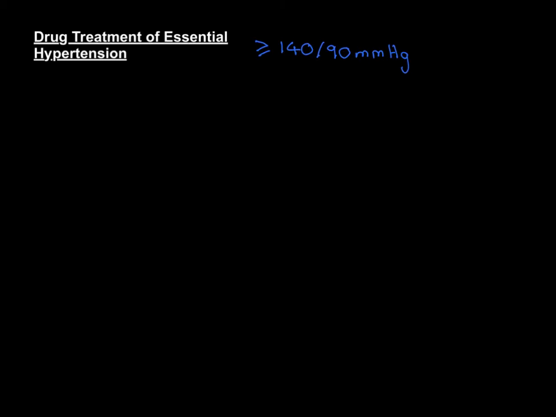Now let's just talk briefly about complications before we go into drug treatment. So why do we get so fussed about people having too high blood pressure? Well, the reason is that having too high blood pressure for a long period of time can damage arteries of the body. And it can damage arteries of the body in two major ways. The first is through atherosclerosis, so narrowing of the blood vessels, and the second is through aneurysm formation, so dilation